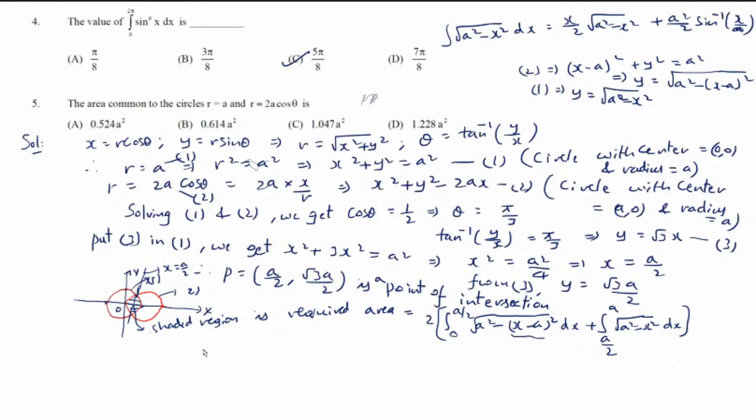So x minus a by 2 root over a square minus x minus a whole square, plus a square by 2 into sine inverse of x minus a by a, between the limits